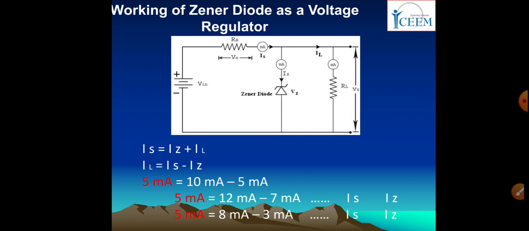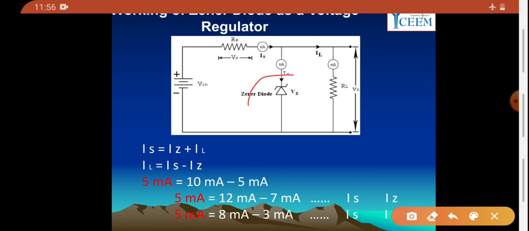So as you can see here, this Zener diode is connected in reverse bias mode. Vz is the voltage across the Zener diode. Anode is connected to negative and cathode is connected to positive through the source resistance Rs. That's why you can say it is connected in reverse bias mode. Positive is connected to the cathode and negative is connected to the anode, meaning it is reverse biasing.